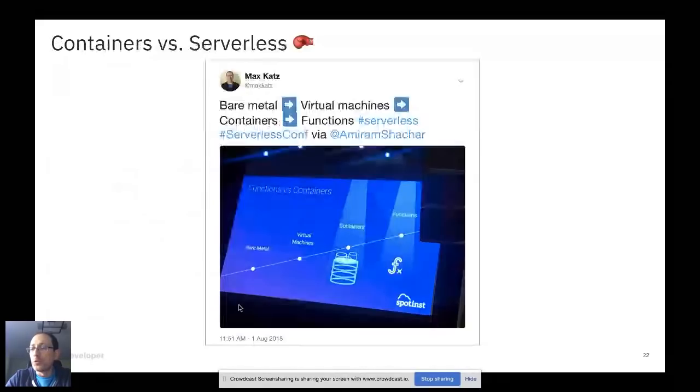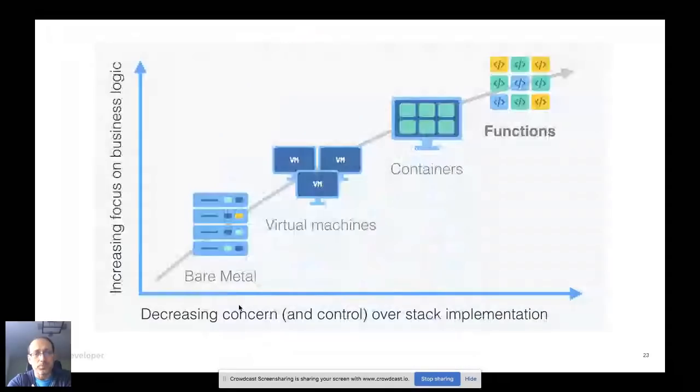So one thing before we go into a demo is people also talk about containers versus serverless. And again, this is just a picture that I took at the serverless conference I attended. So it's not really functions or serverless versus containers. As you can see, functions is simply a higher abstraction level in a way, right? And this slide basically shows you the same thing, that functions allow you to concentrate on your business, on the value of your application, without having to worry about servers,